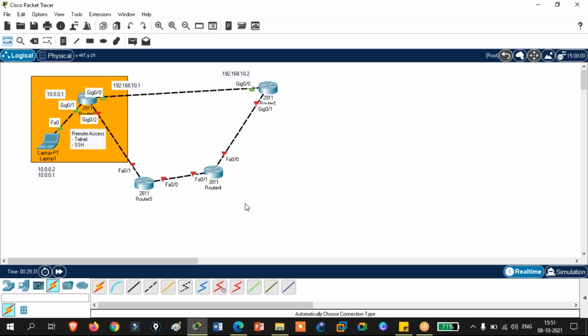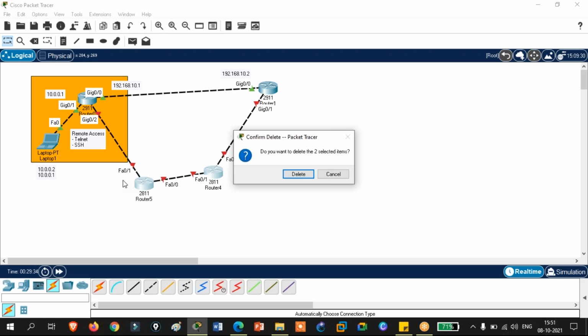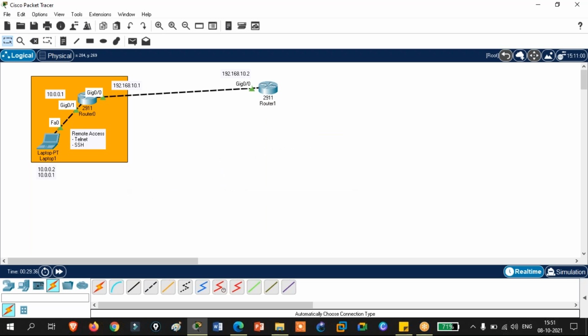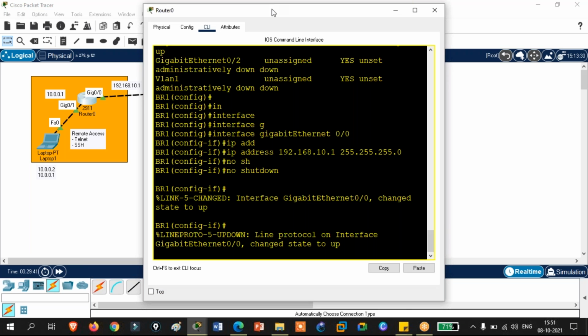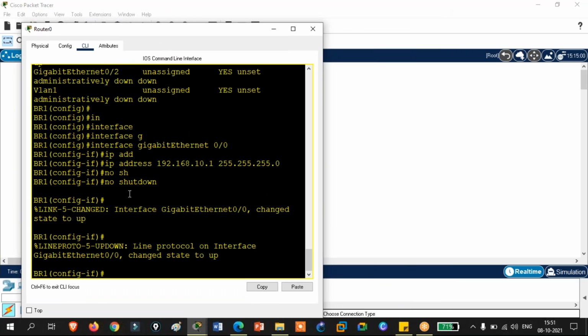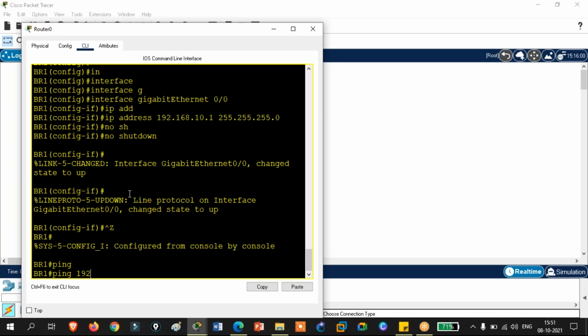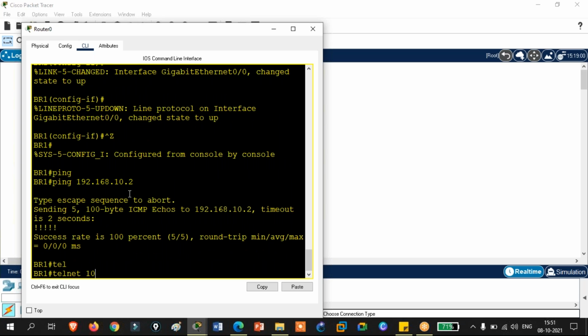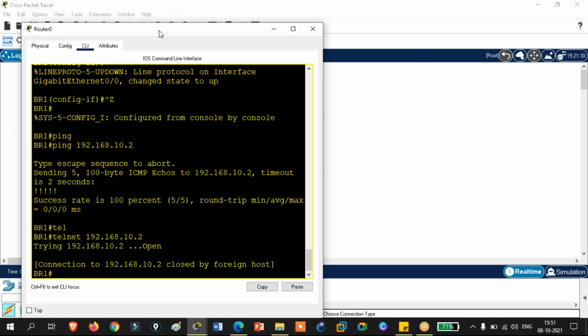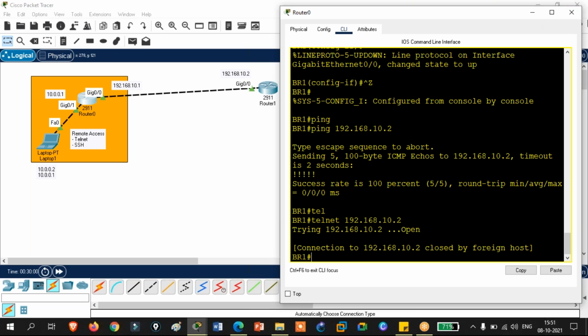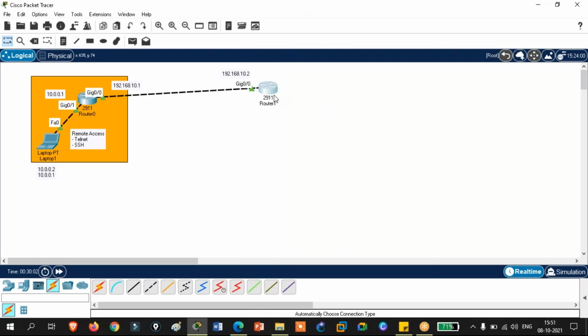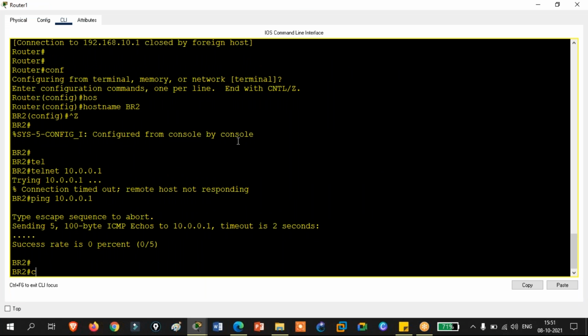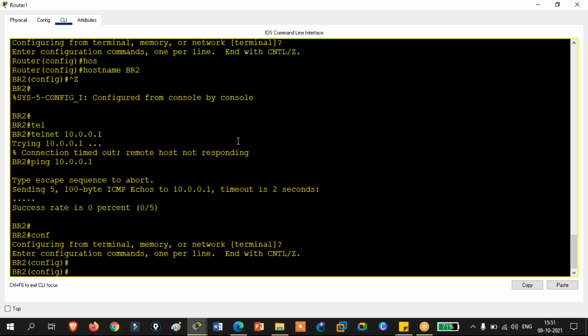Okay. So right now we are not talking about routing, but if you try to take telnet access here from this router, let's see if we can ping R2 from R1 or not. Ping 192.168.10.2, you can ping. But still, can I take telnet access of this device? No, because I have not configured telnet on this device. So only the device on which you have configured telnet can be accessed by the remote protocol.